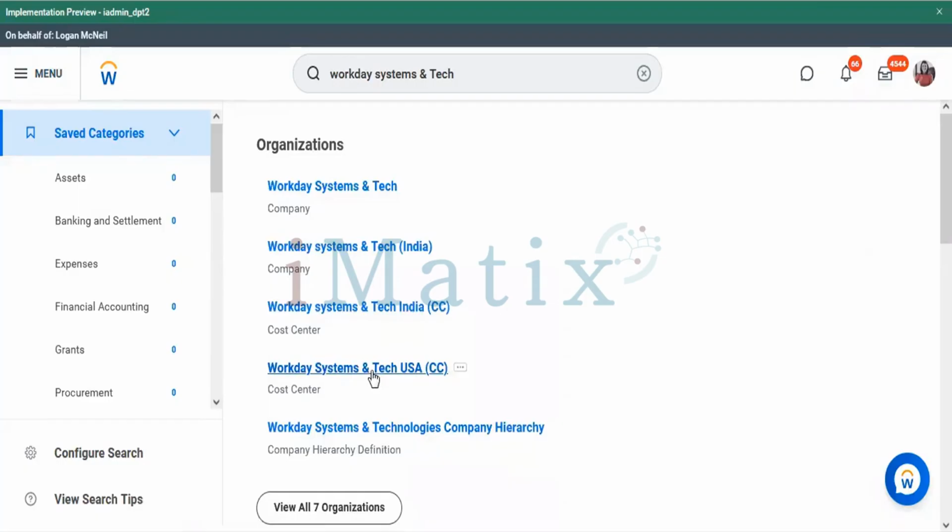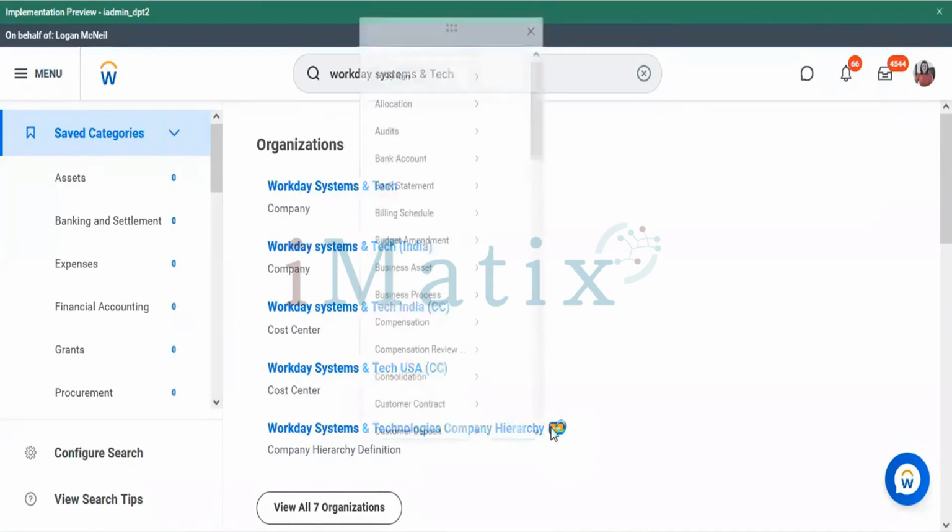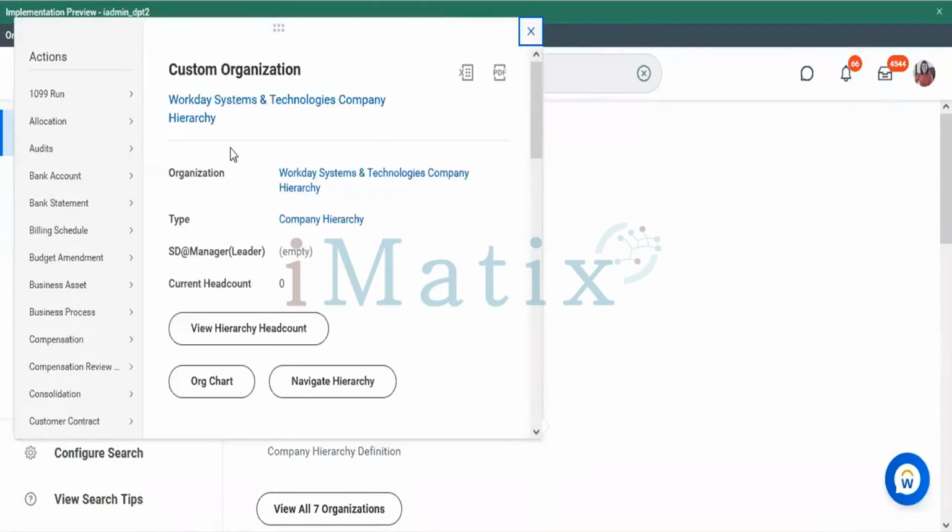And similarly we have a cost center for India, a cost center for USA. Now, since we have created one hierarchy with systems and technology, we need to have these two individual companies attached under the hierarchy. What I'll be doing is getting those two companies under the hierarchy. I think we have done this today. I don't know what has happened.